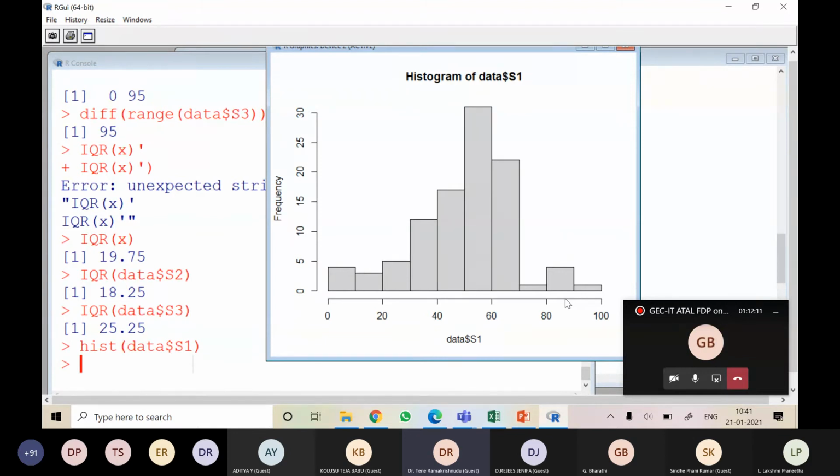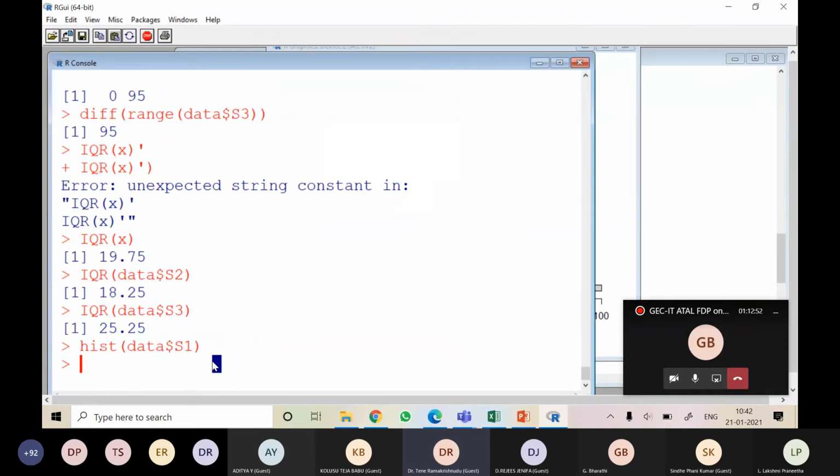See, the student marks in this subject S1: from 70 marks to 100 marks, very few students are there, and most of the students come under the range from 50 to 70. See, in the 50 to 70 range, more students are there. The count around 50 to 60 is 30 students in the class. That means 30% out of 100 students are in this range. And this one, look at this, is around 25. So around 55 students are there from 50 to 70. Whereas the bar plot